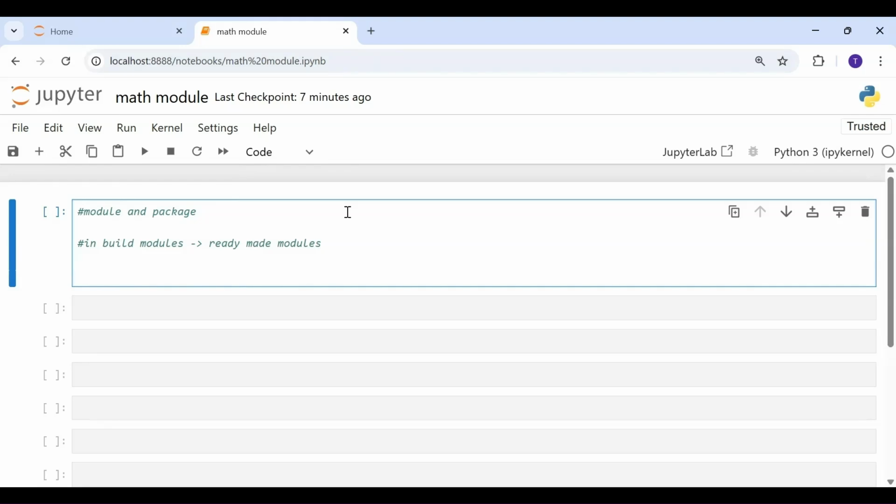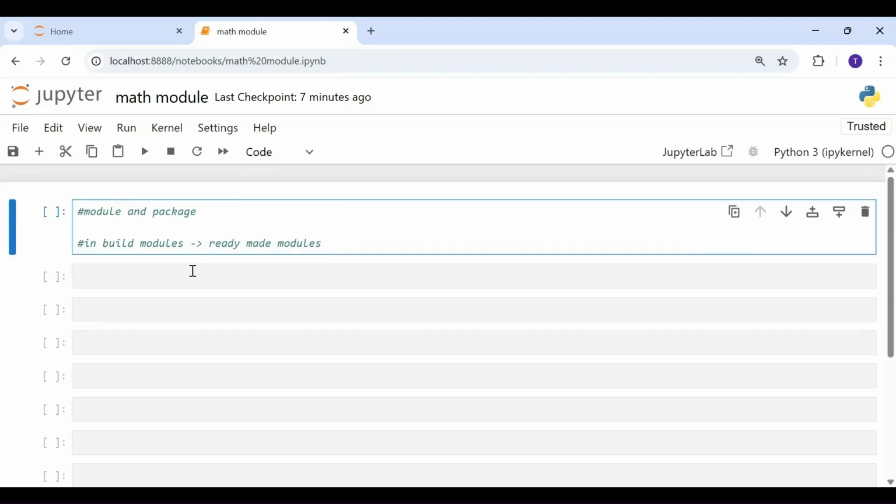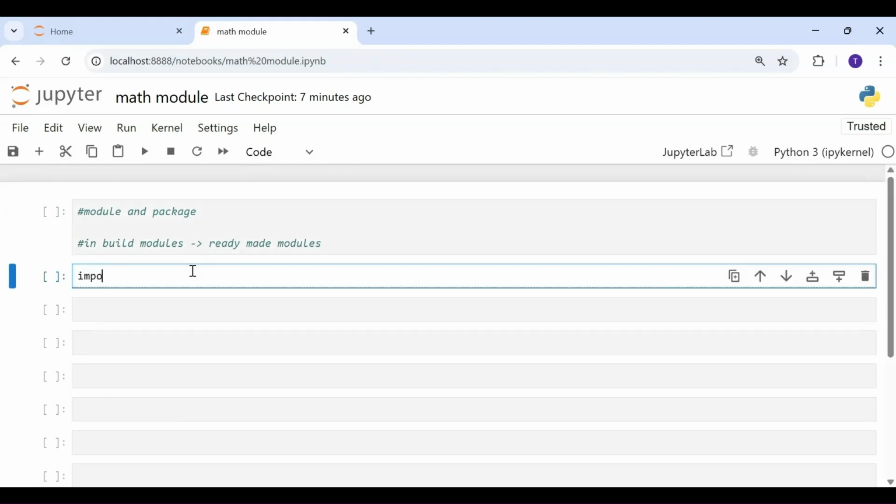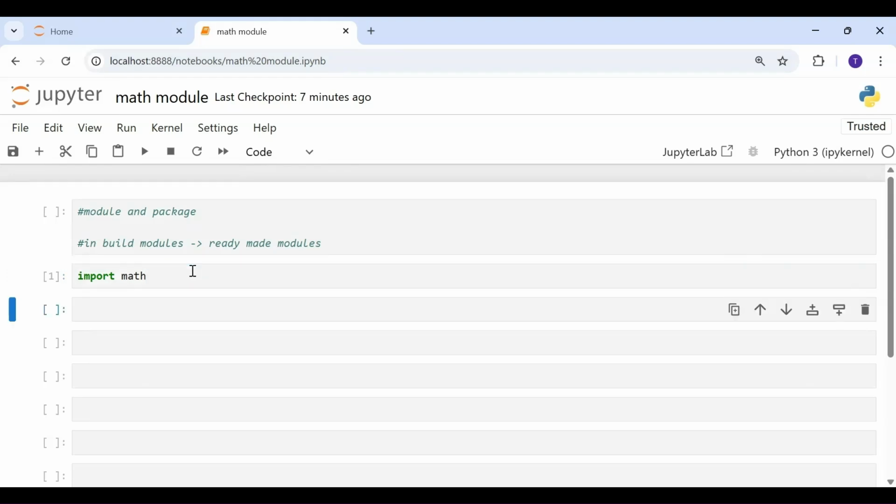In the next couple of videos, we are going to look through each module one at a time. Today we are going to talk about the math module in Python. This module is an inbuilt module, available for us to directly import. So we'll just say import math. If you want to give it an alias, a shorthand name, you can go ahead and do that, but let me just keep it math for now.